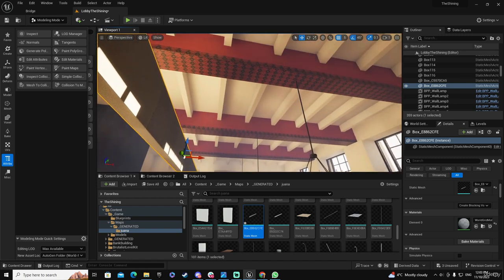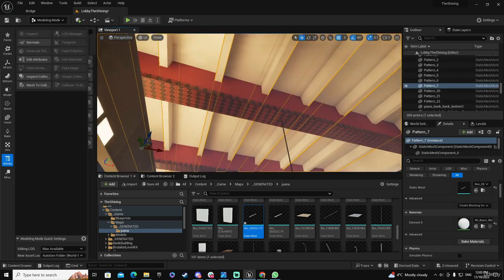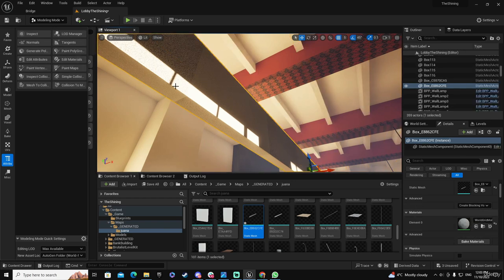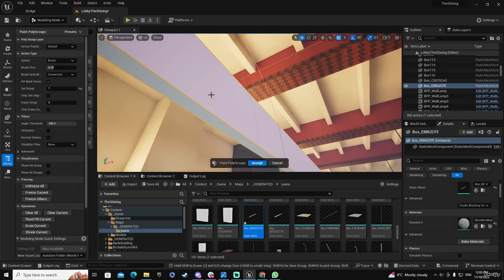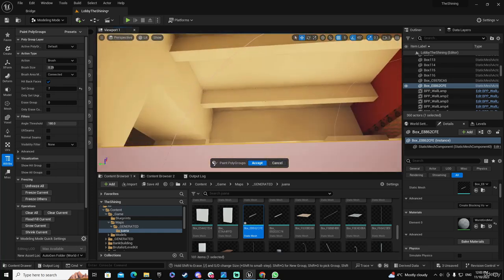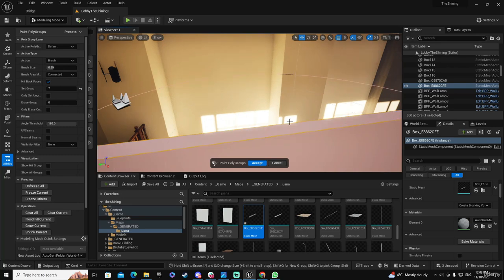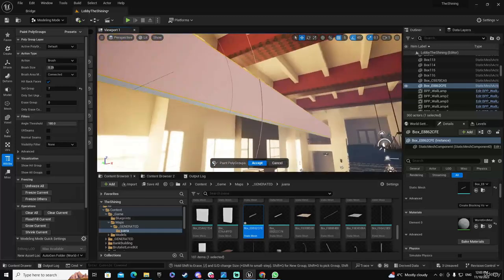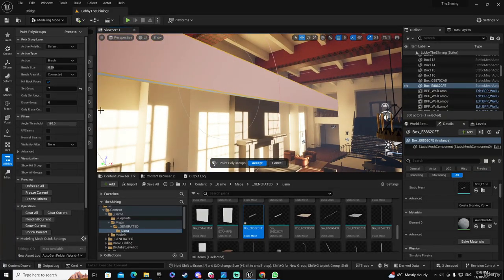Now, once I accepted this, I should be able, let me see if I can do it, I should be able to paint this. So let me try this idea that I have. I'm selecting this object. And first of all, I am going to say I want to paint the polygroups. The first polygroups I'm going to paint are the ones on the top and on the sides. So let me take these two and these two as well. I think we have these sides. And for these groups,